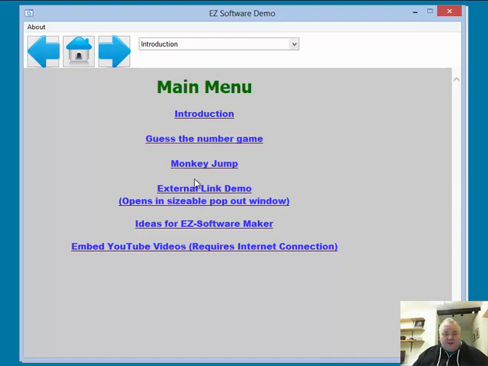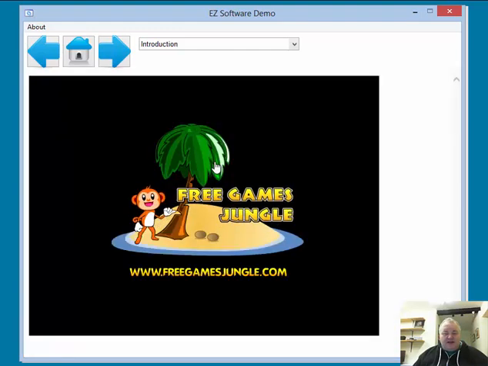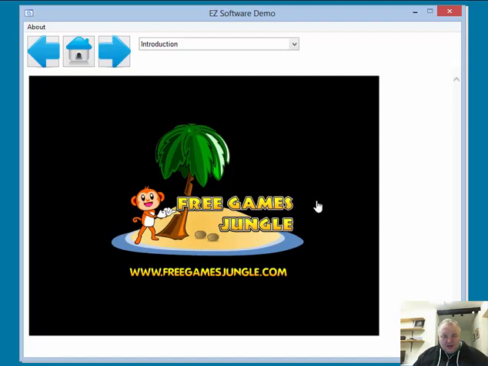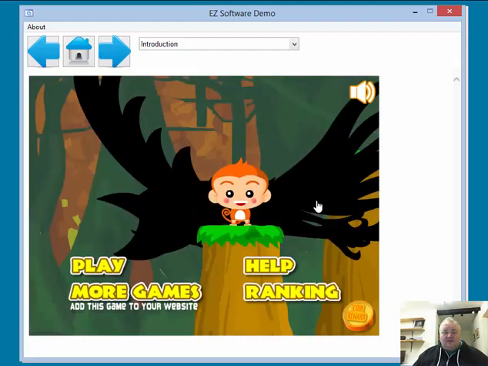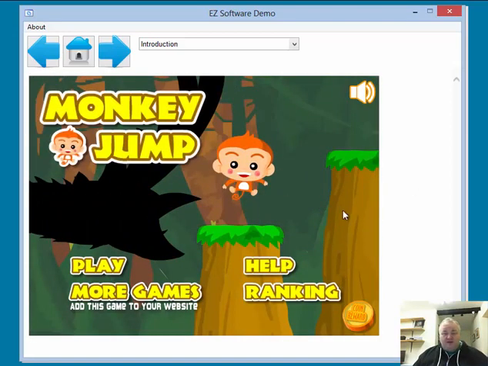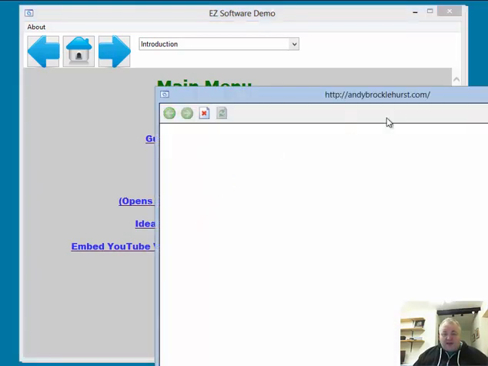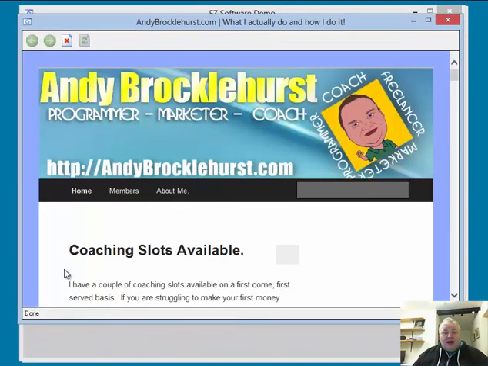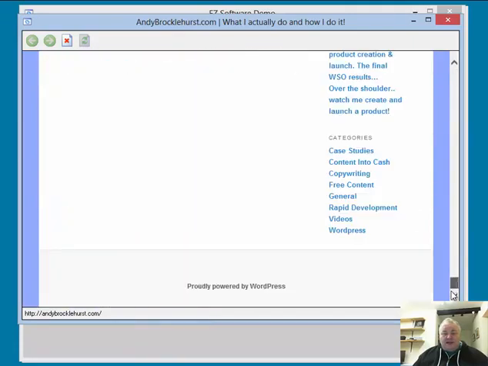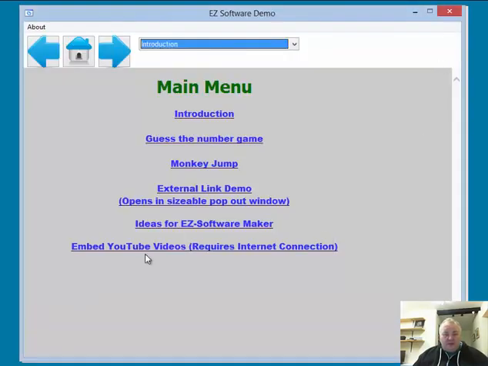So to the main menu, I've got a demonstration of embedding a flash game in here, and this is a flash game which is actually running from the local hard drive. None of the things within here you need to be online for, so you can distribute a bunch of stuff that all runs internally, even if they don't have an internet connection. So you could put this on a CD if you wanted to. You can have external links, and that's the external link that we saw a moment ago, and this particular link goes to the internet, so you would need to be online for that one.